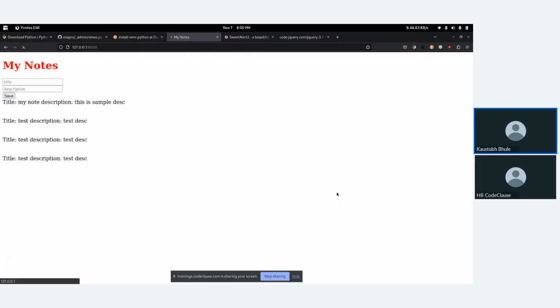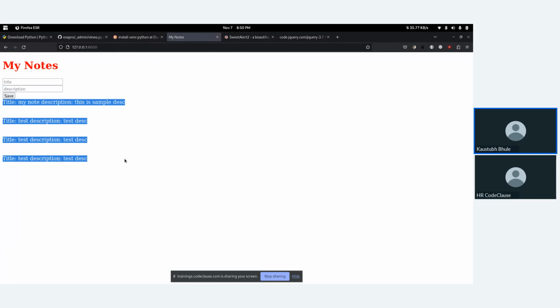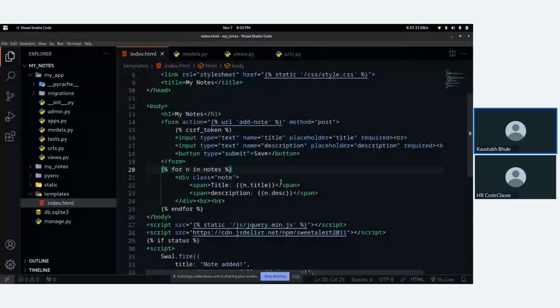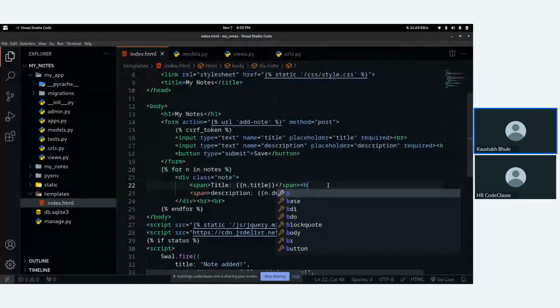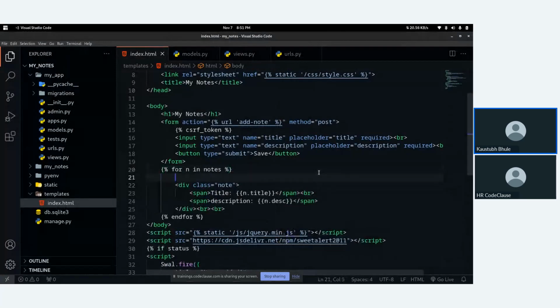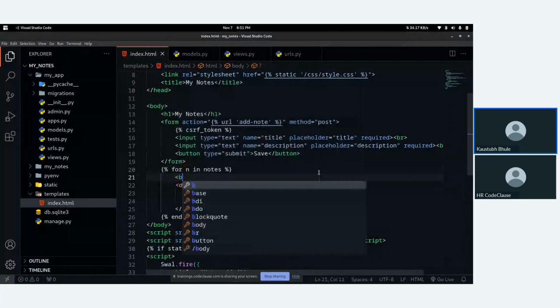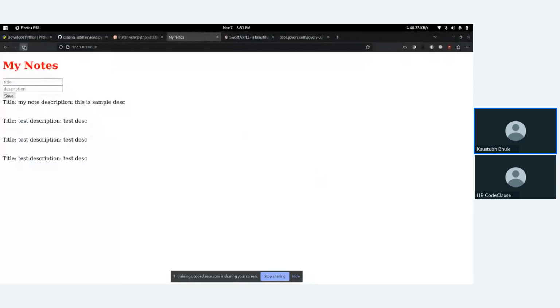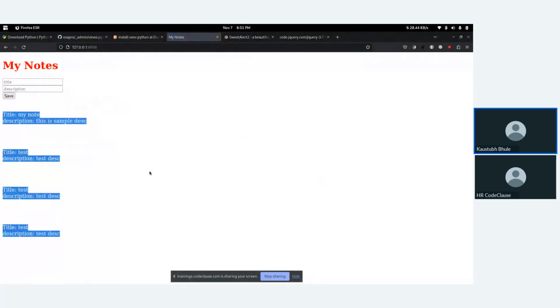So let's refresh. Okay, so you can see the notes which we have previously saved appeared here, like title and the description. Just forget about the UI, totally trash. Add more break tags. Fine. Okay, so these are our simple notes.